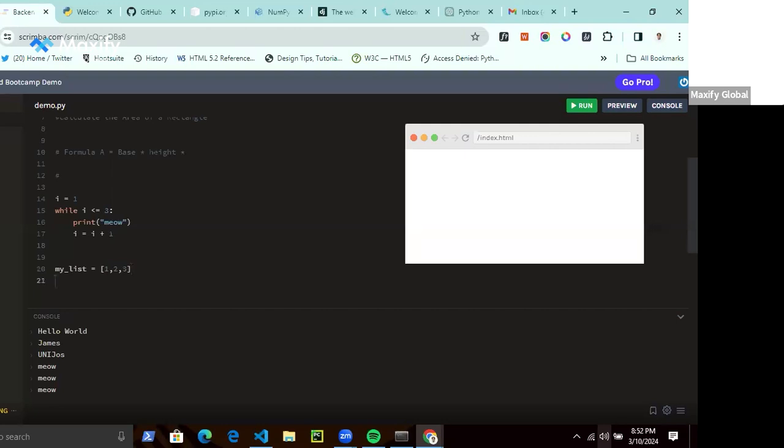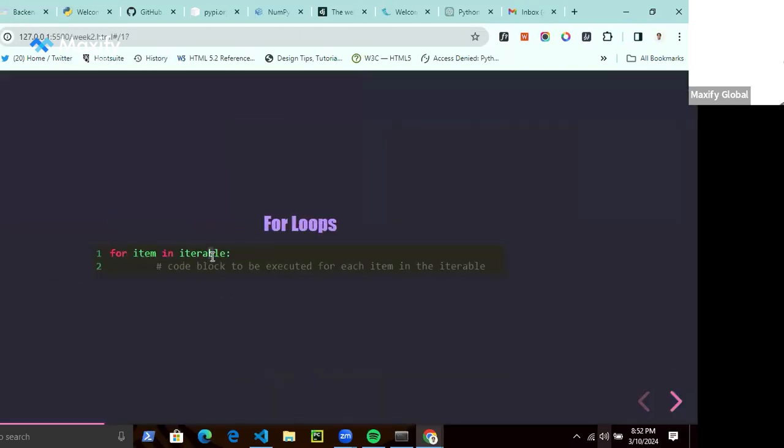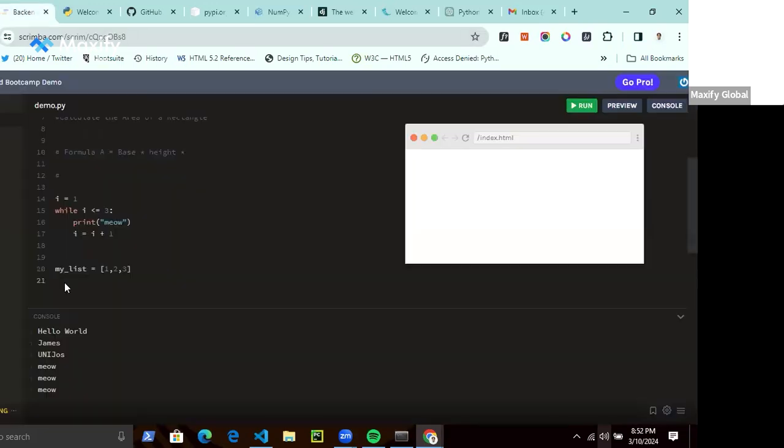Now, let's remember the syntax. It says for every item in an iterable. So in this context, we can create a loop to say for every item in my list. So we can have this.